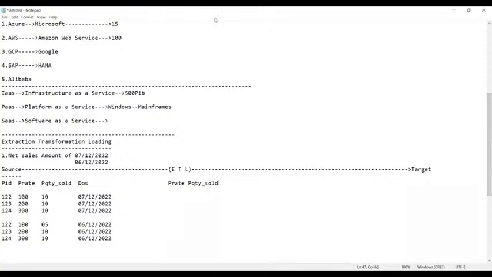Do you require the date of sales or not? In fact, we require DOS, date of sale. Without date of sale, how can you find out? So now, guys, these are the three columns. That means out of all these four,